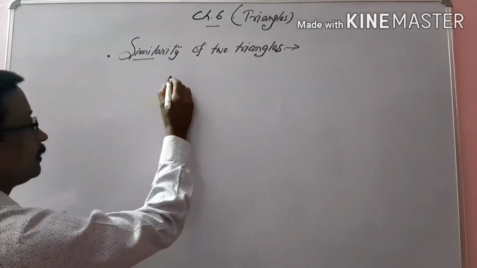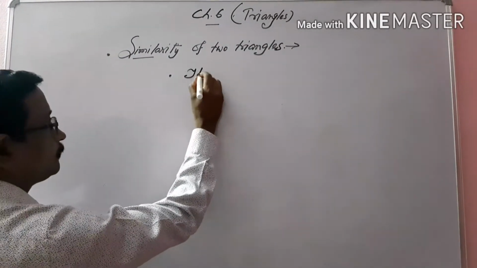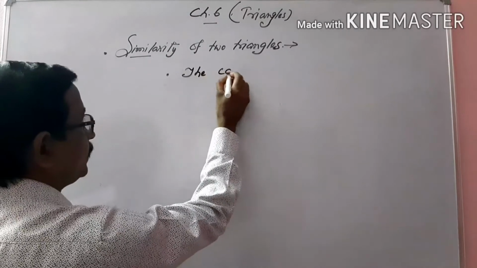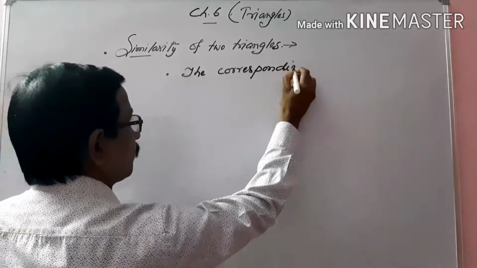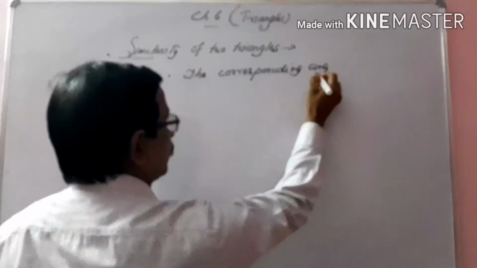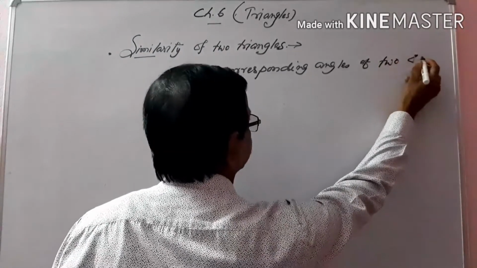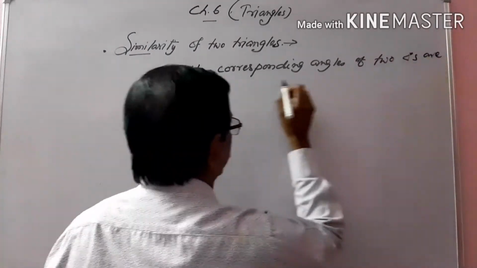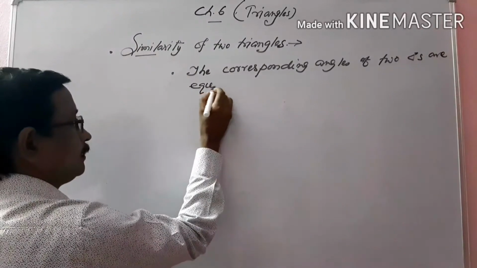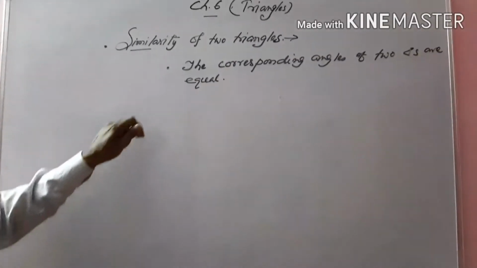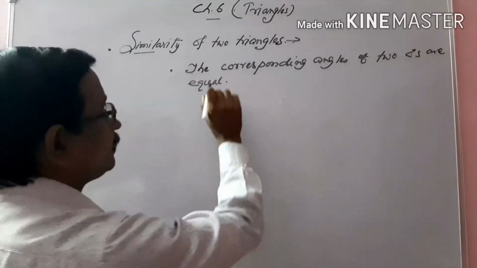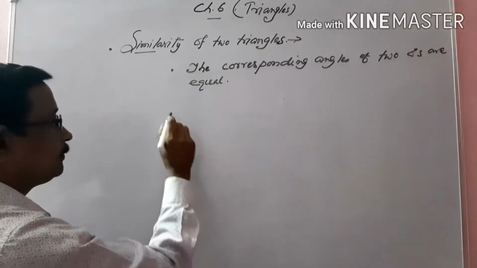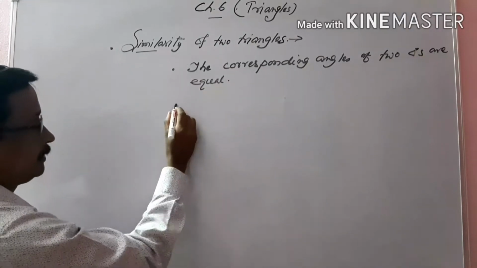First of all, the corresponding angles of two triangles are equal. This is the first point. Once two triangles have corresponding angles equal, then the two triangles are similar. And there is another point: